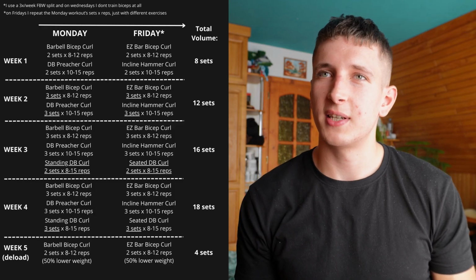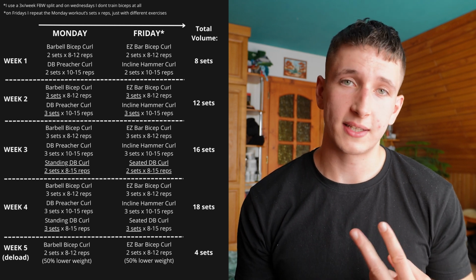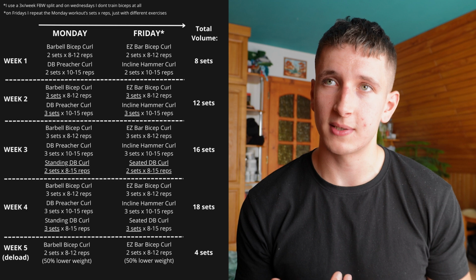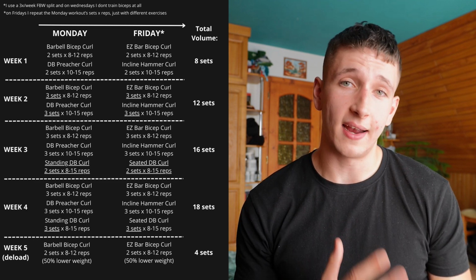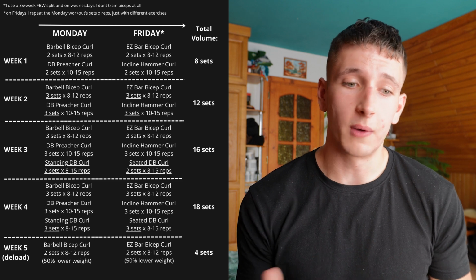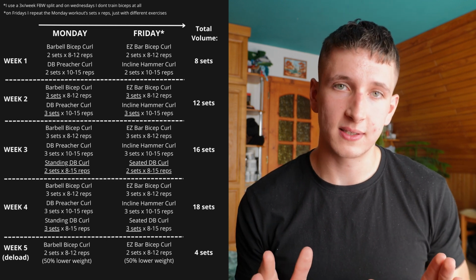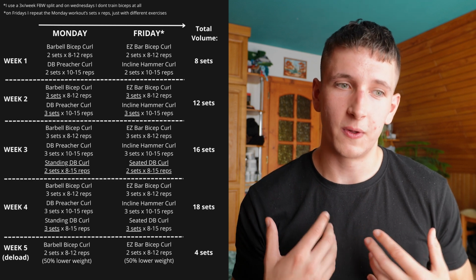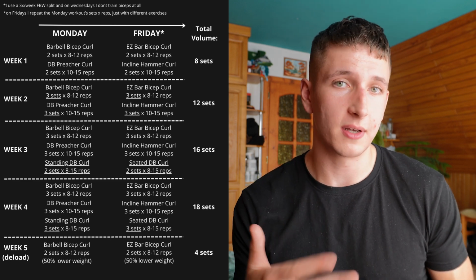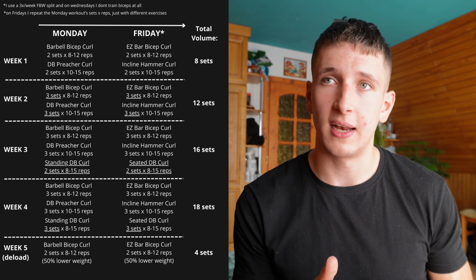So here you can see actually what I personally do. As you can see, at the beginning I only do like 2 exercises for each muscle group. In this example, there is only biceps. At the beginning, I do only 8 sets per week, and with every week I increase that slightly. Obviously I already have been doing this type of training for like 5 months, so my body's capacity to handle volume is probably a lot better than yours if you have never done that. So that is why I start with 8 sets and then week to week I increase by like 4 sets